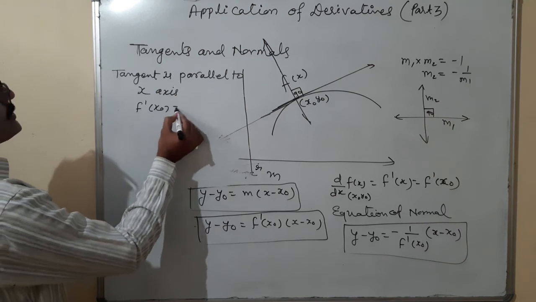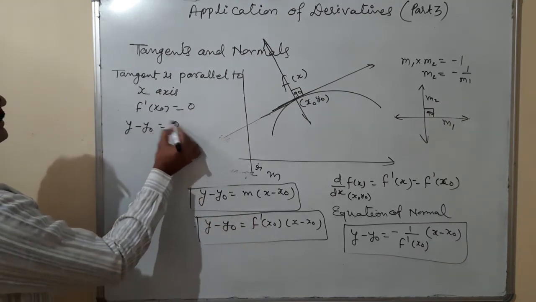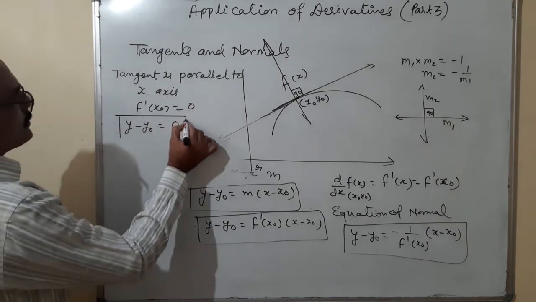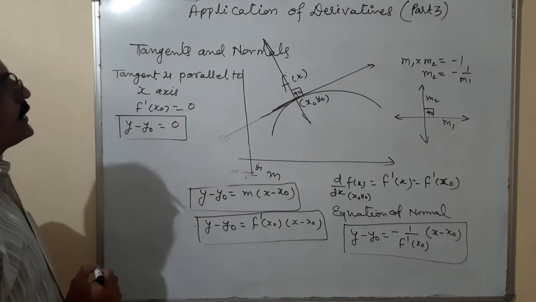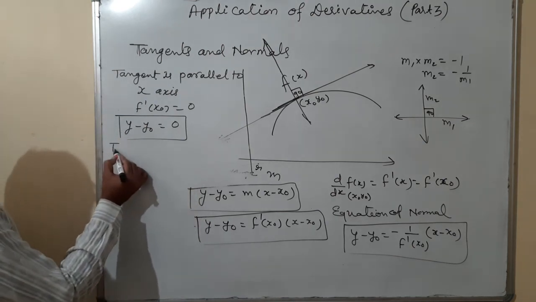F dash x0 is equal to 0. So the equation of this is y minus y0 is equal to 0. This is one condition: tangent is parallel to the x-axis. Second case, tangent